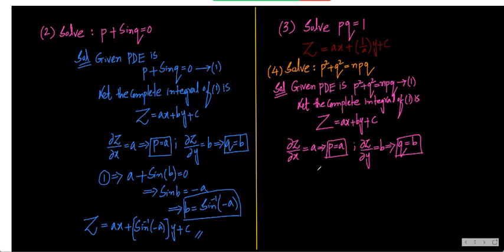So getting the a and b values, where are we substituting z? Not here. We are substituting in 1 now. 1 implies p square means a square plus b square is equal to npq, that is nab. Now I want to get the value of b, so let me take b as the subject. So what we'll do? Can I write like this? b square minus nab,